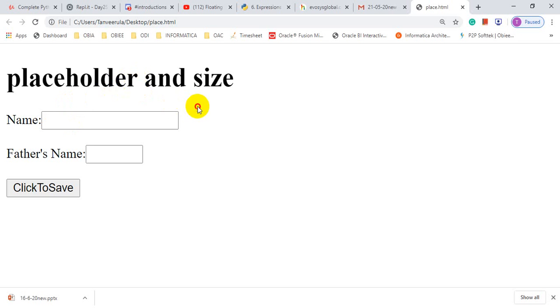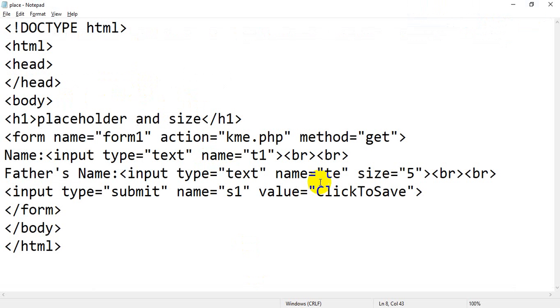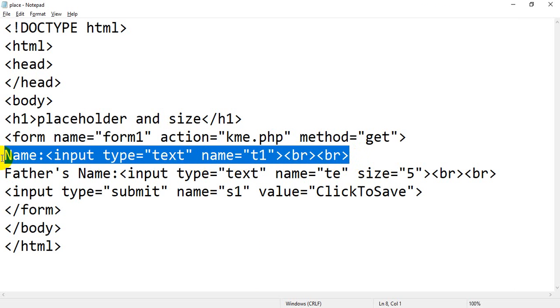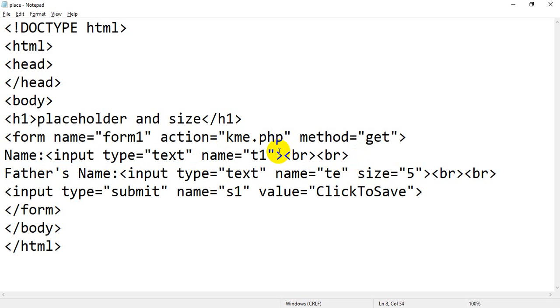I just want to show you the magic, the use of the placeholder attribute. So I just want to change the coding. In the form tag, in the first input tag, that is input type equal to text, where we are going to accept the name of the user, I will add one more attribute: placeholder.